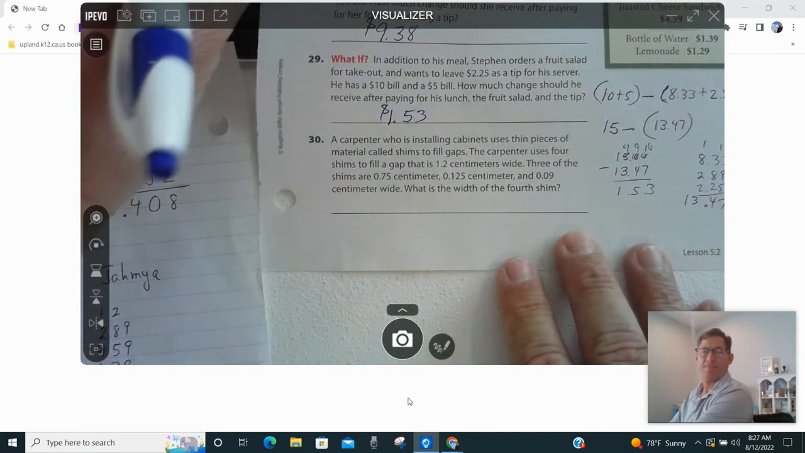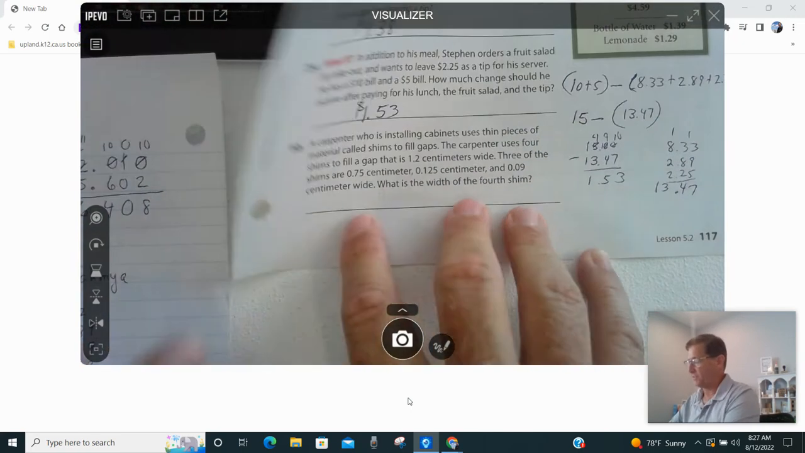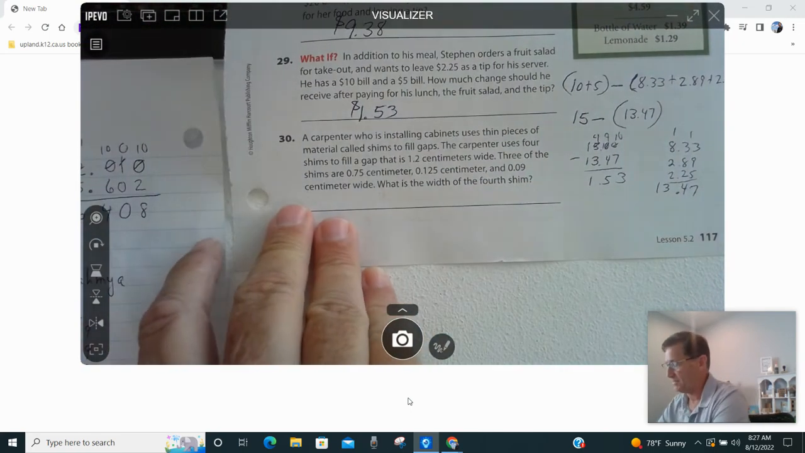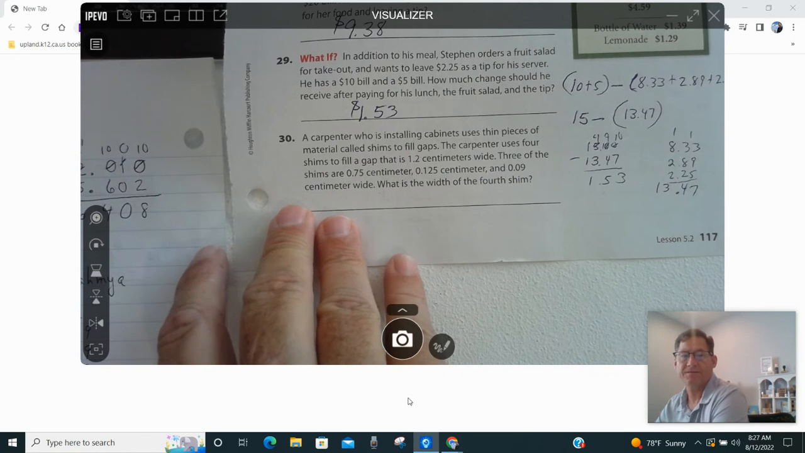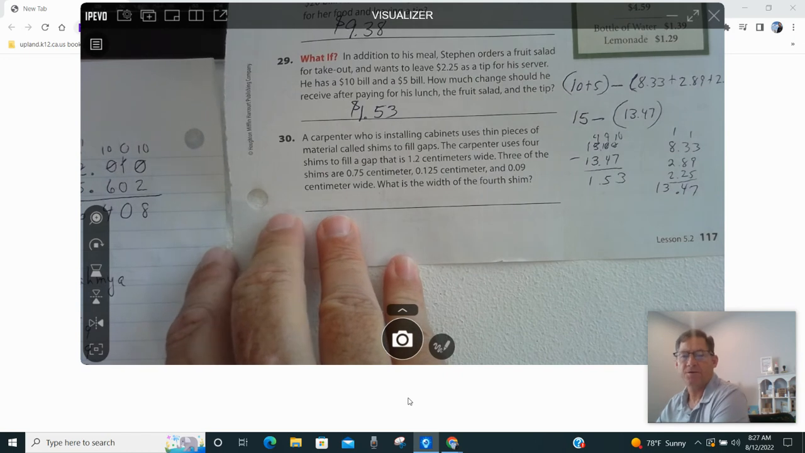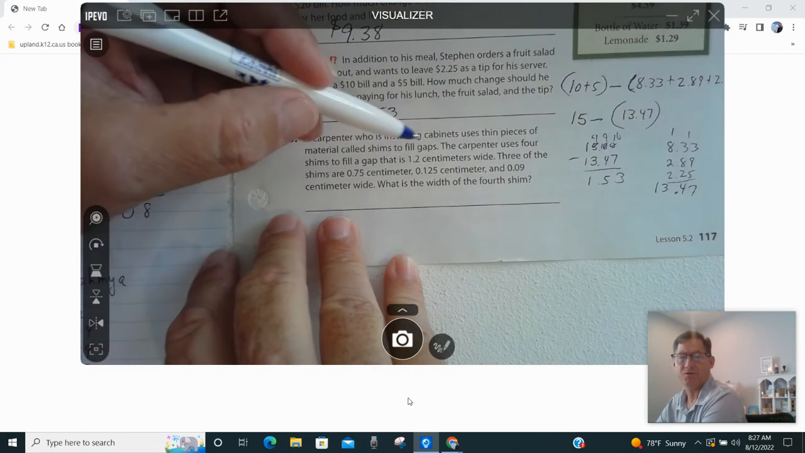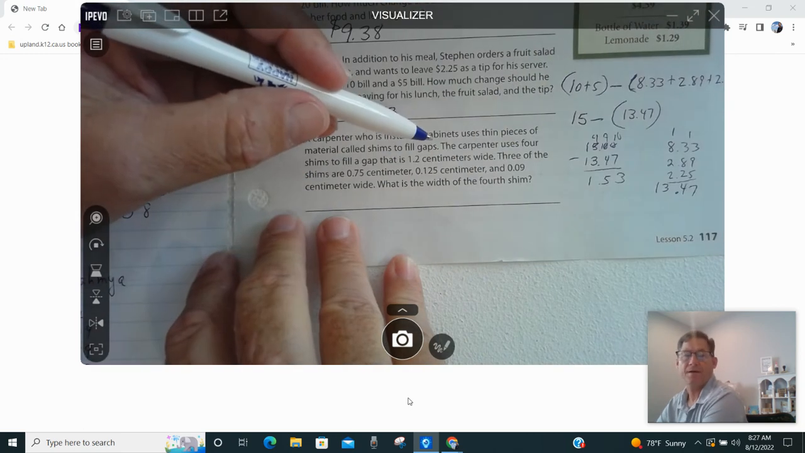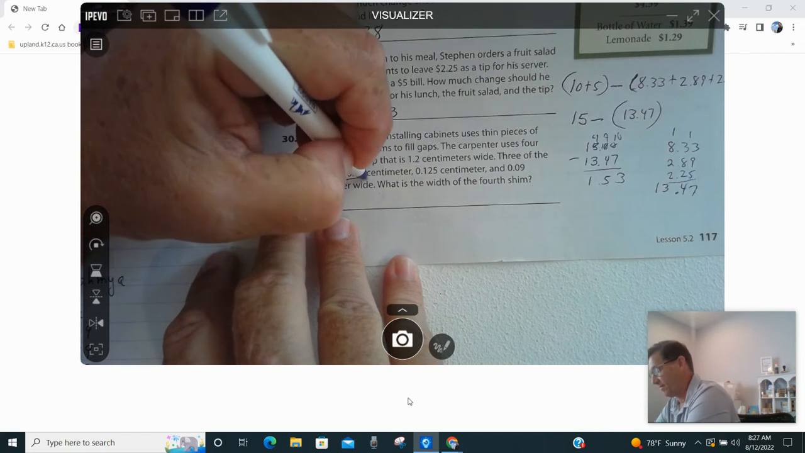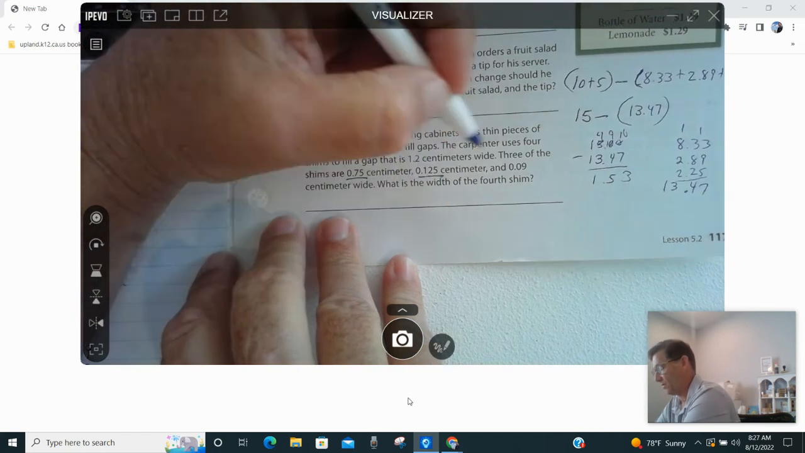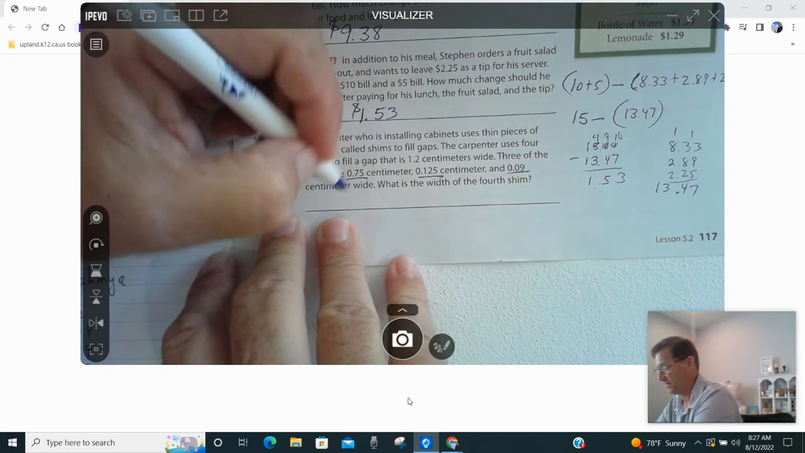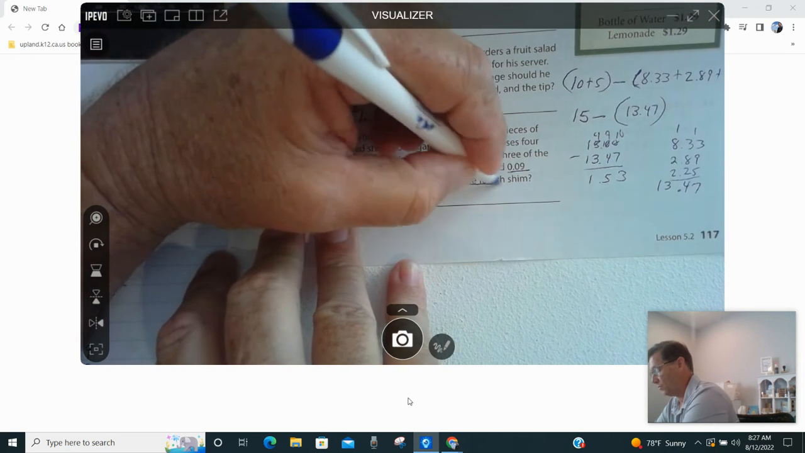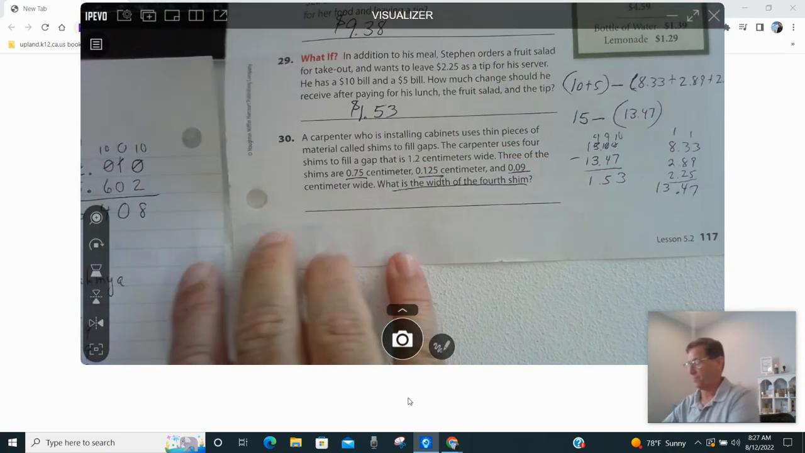Okay, number 30. A carpenter who is installing cabinets uses thin pieces of material called shims to fill gaps. The carpenter uses 4 shims to fill a gap that is 1 2/10 centimeters wide. 3 of the shims are 0.75 centimeters, 0.125 centimeters, and 0.09 centimeters wide. What is the width of the 4th shim? Okay, so